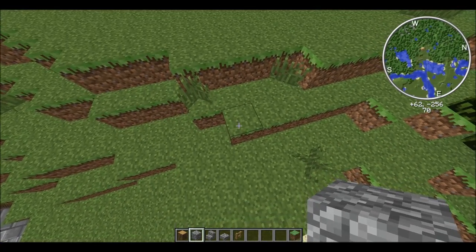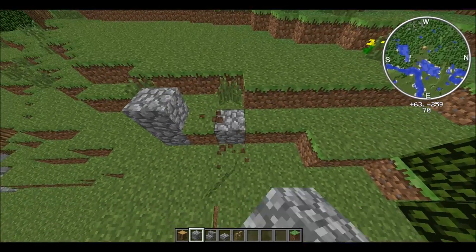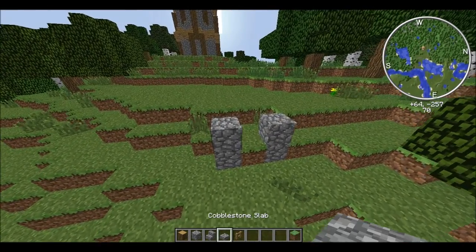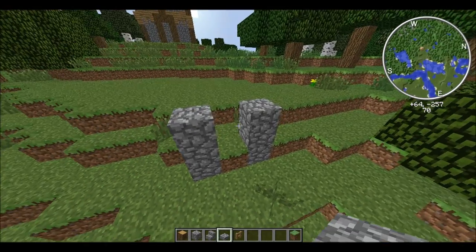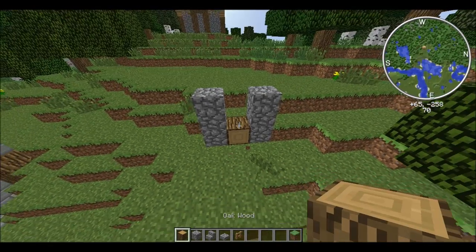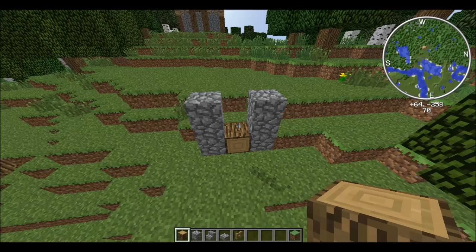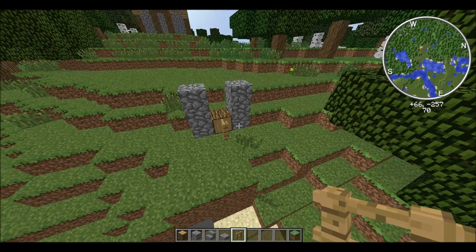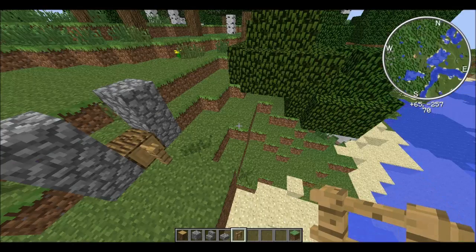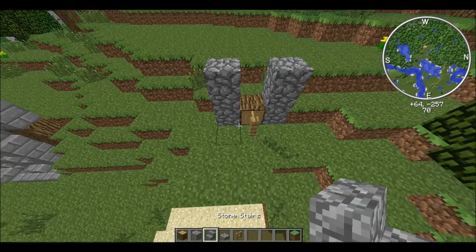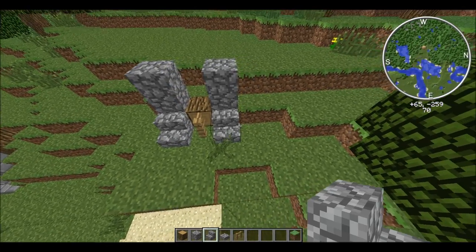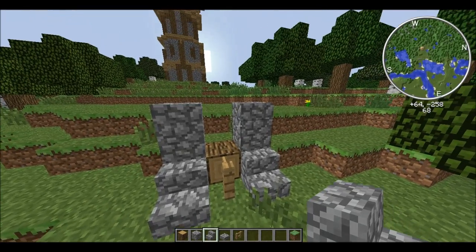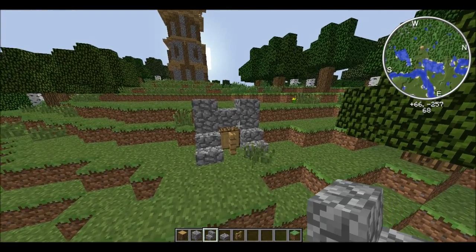And basically what you do is you build a 2-high thing of cobblestone like this, and then go ahead and place half slabs on top of that, and then go ahead and place a sideways facing out oak wood log like this, and then go ahead and place a fence post on the outside side, or if you're building it standalone, on both sides I guess, and then go ahead and place stairs like that on either side of it, and then place an upside down stair like this, and that's the whole wall.